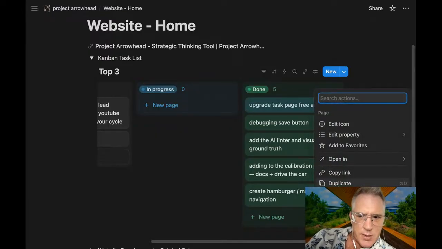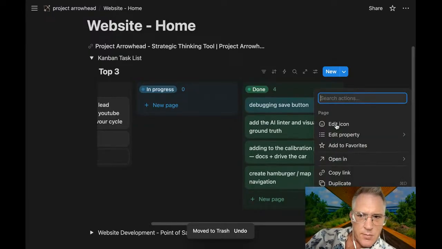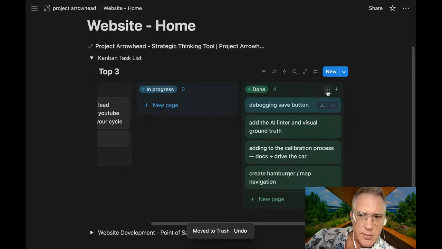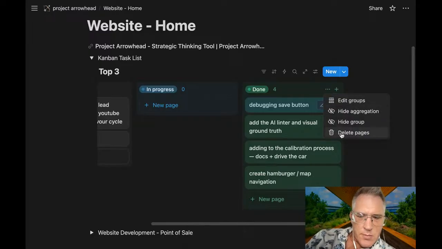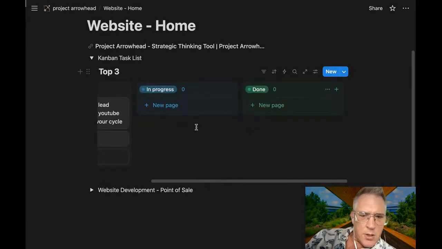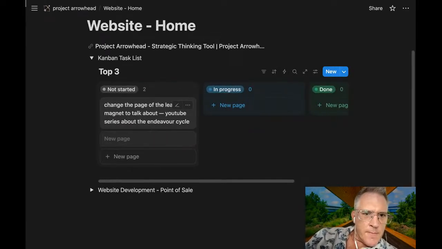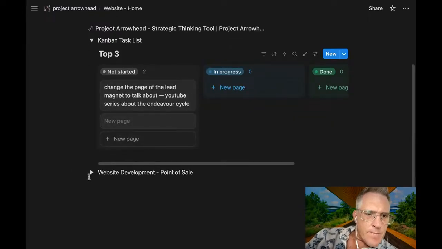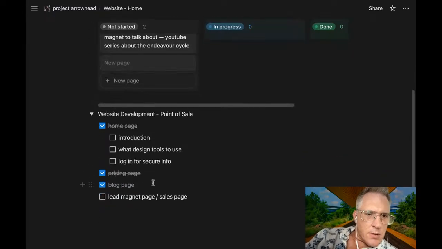I don't know what any of this is. Can I delete all of them at the same time? Delete pages. Good. Oh, it's perfect. What's this? Now your to-do list.